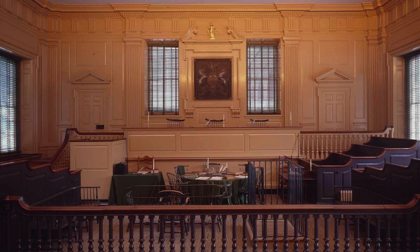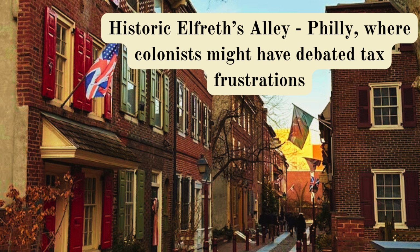In the years leading up to the American Revolution, Britain had inflicted a series of stringent taxes on the colonies to pay for the cost of the French and Indian War. Now, this war was fought on American soil from 1756 to 1763. A lot of it had to do with issues with land rights over the Ohio River Valley and the